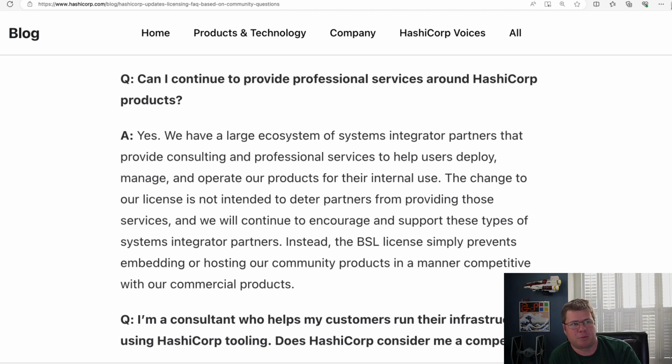Can I continue to provide professional services around HashiCorp products? Yes, we have a large ecosystem of systems integrator partners that provide consulting and professional services to help users deploy, manage, operate our products for their internal use. The change to our license is not intended to deter partners from providing those services. We will continue to encourage that and support these types of system integrator partners. Instead, the BSL license simply prevents embedding, hosting,